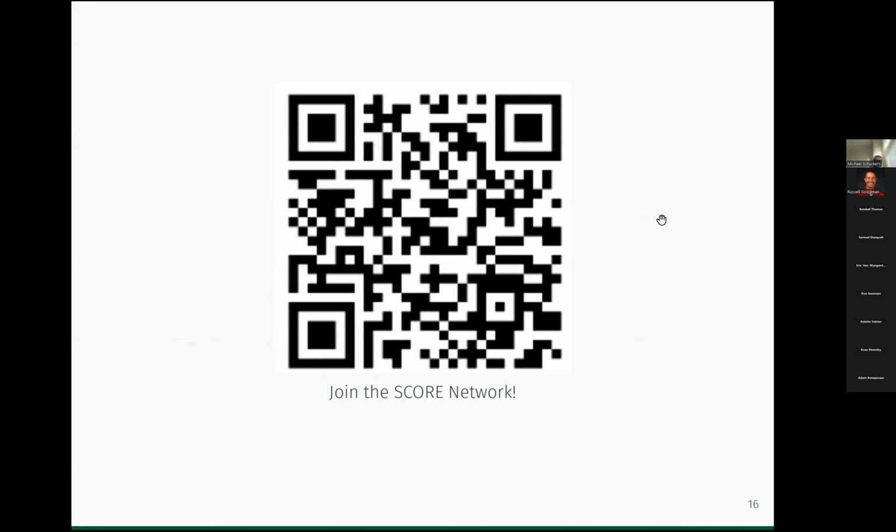And then last but not least, this is the QR code if you want to join the network. So joining the network, as of now, we're going to send you updates probably a couple of times a year, highlighting some of the things that have been added to our data and our module repository, as well as making yourself available to help us review modules and getting you information to help you create modules if you would like to do that. And be part of any presentations or workshops that we're working on. And I think with that message from Russ, it's a good time for me to stop and take questions.